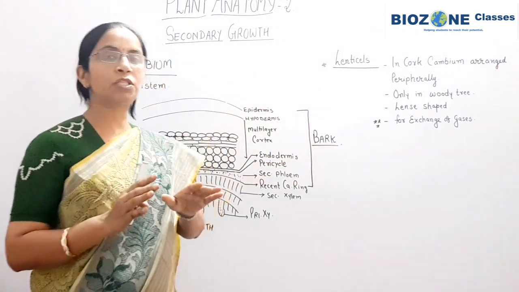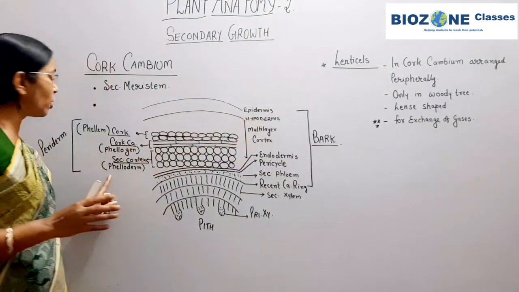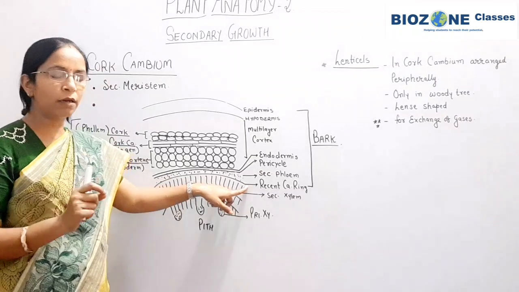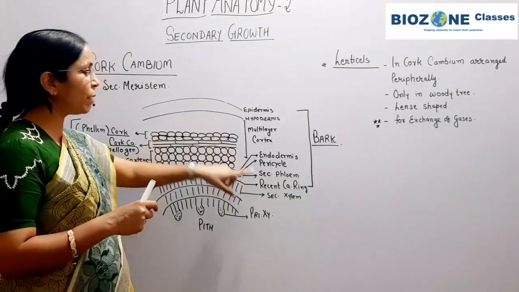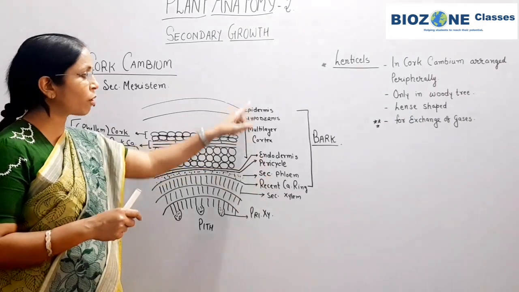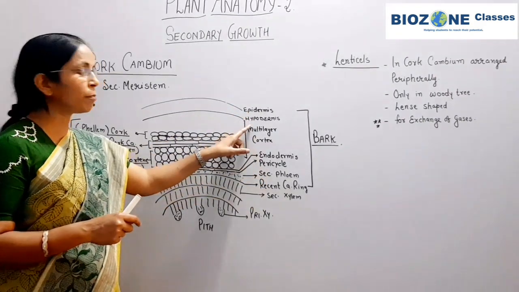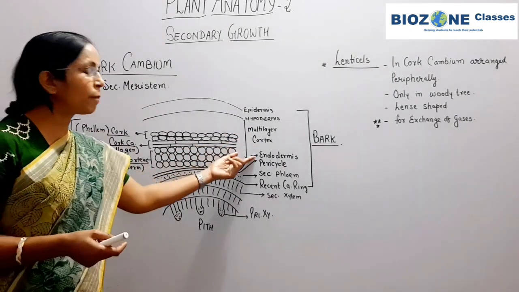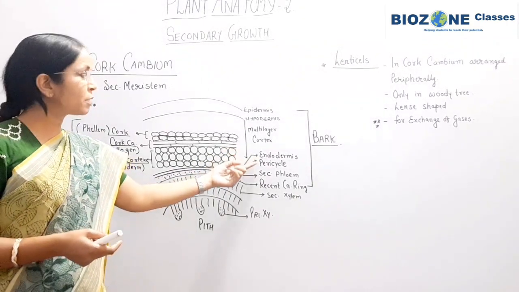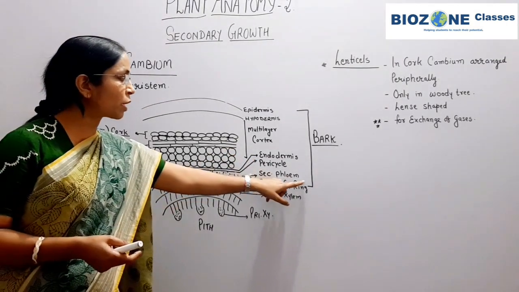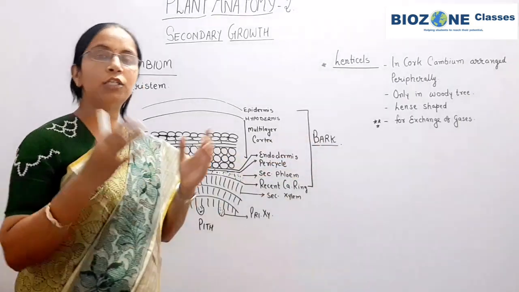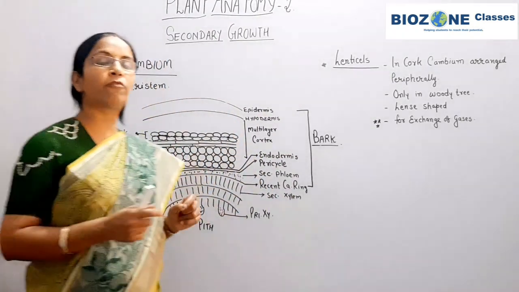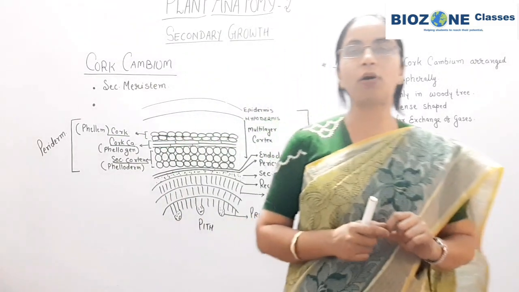That means when we study about the bark, the bark itself includes the periderm. So vascular cambium means this is the recent cambium ring. Outer to the recent cambium ring, what is present? Secondary phloem. So if you come from outer to inner: epidermis, hypodermis, multilayer cortex, and within the multilayer cortex the periderm is present, then the periderm is followed by endodermis, pericycle, secondary phloem. So up to secondary phloem, remember basically the arrangement of layers. What is the arrangement of layers in bark? Go through this diagram, so you never forget the actual arrangement of layers within a bark.